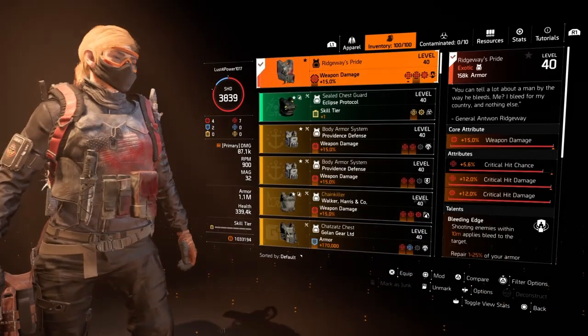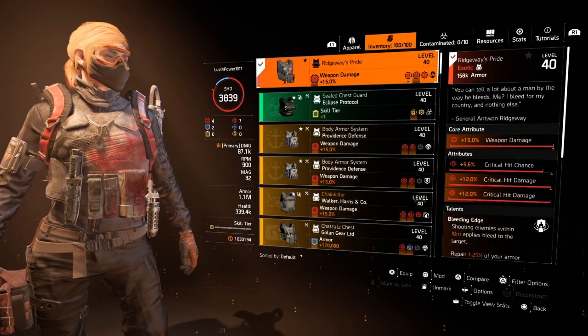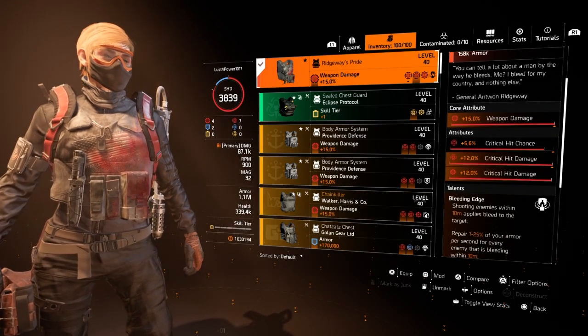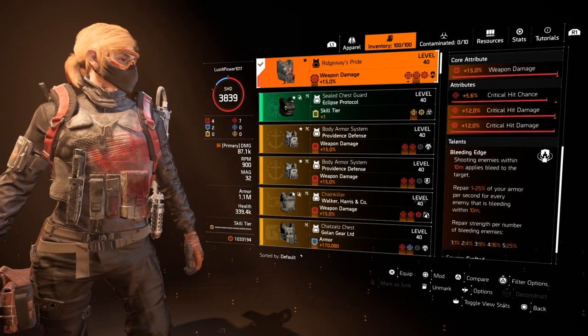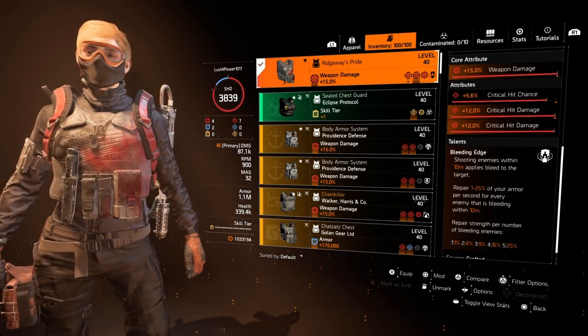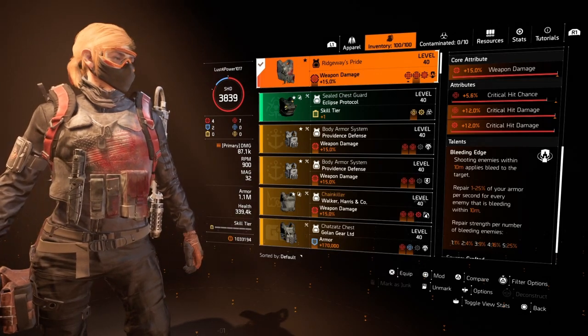Alright, so for the chest piece, we got RIDGEWAYS PRIDE. We got max weapon damage, 5.6 critical hit chance, max critical hit damage, and a max critical hit damage mod. Then we have Bleeding Edge. Shooting enemies within 10 meters applies bleed to the target. Repair 1 through 25% of your armor per second for every enemy that is bleeding within 10 meters. So repair strength per number of bleeding enemies: